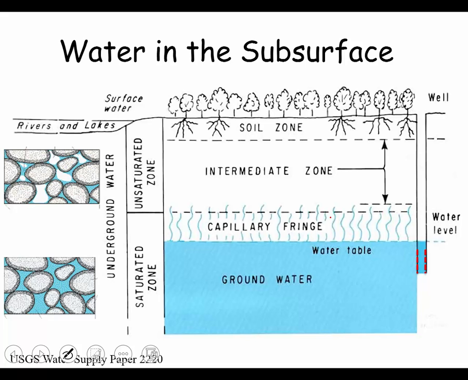Now that's really important because that's the water that the plants use. Because as that water drains, if it drained entirely, then plants would have to come all the way down to the water table to get their water. And there are some plants that do that. Some plants have very long tap roots, and they actually can take advantage of the water table, but most plants don't. So most plants, there's a zone, and I just call it the soil zone. That's not exactly a good term, but just think of it as a zone that's equivalent to the depth to which